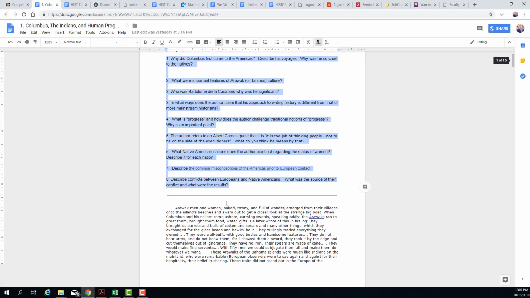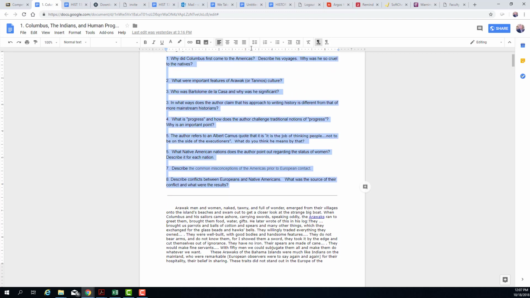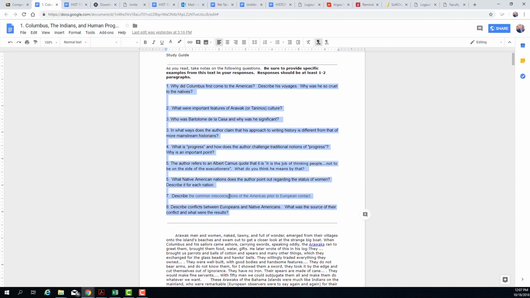Some students try to take the quick route and they fish through here. They do a control find and find anything that says Arawak in here. The responses are very easy to see between a student who fishes and a student who actually reads. So what I suggest doing is reading, and then as you come across information, whether it's a date, an event, whatever it is, associated, for example, with this gentleman here, Bartolomé de las Casas, you might want to jot that down underneath this question here, right? And so part of knowing his significance, you want to explain who this person is. And you do that for each of these questions.